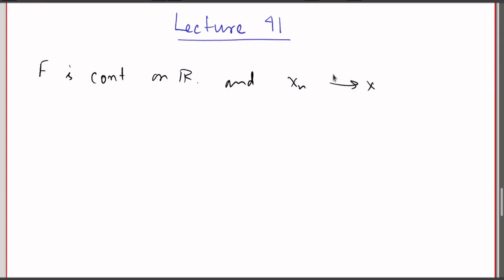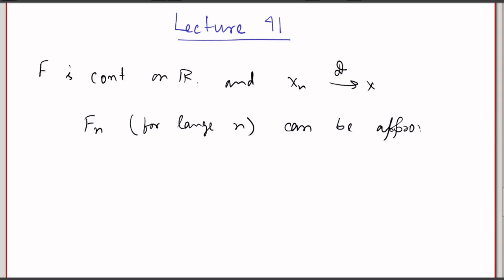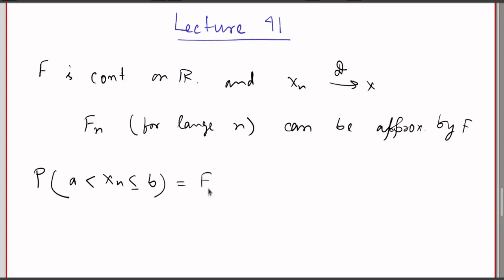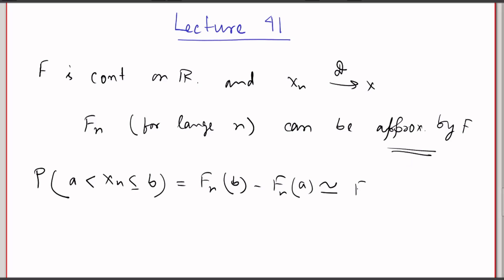or I write it the other way, Xn converges to X in distribution, that basically means that Fn for large n can be approximated by F. Okay, so that means if I try to find some probability like a is less than Xn is less than or equal to b, which we know is nothing but the distribution function of Xn at the point b minus the distribution function of Xn at the point a, and because this approximation can be done, this can be approximated by F(b) minus F(a),